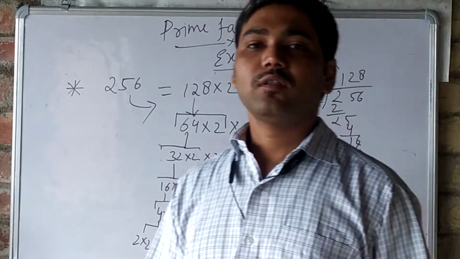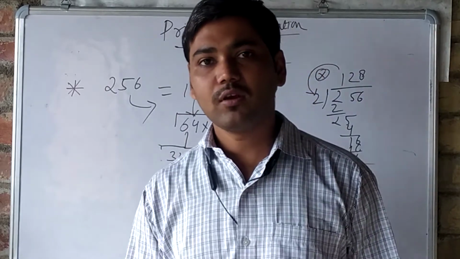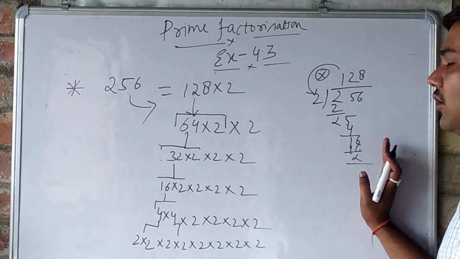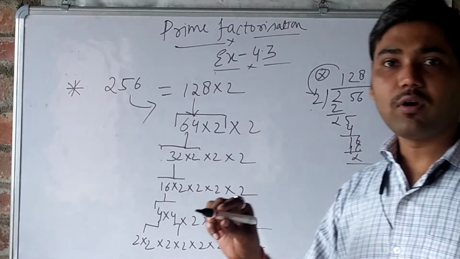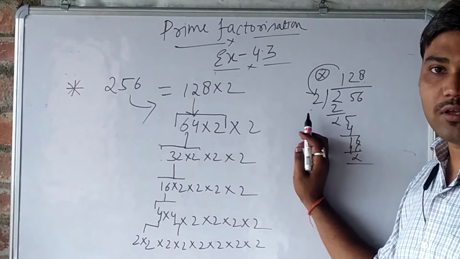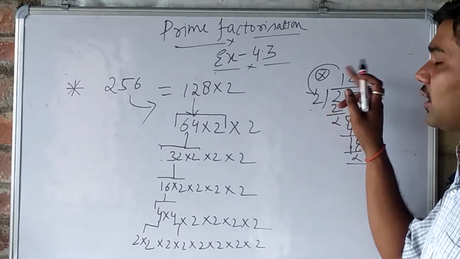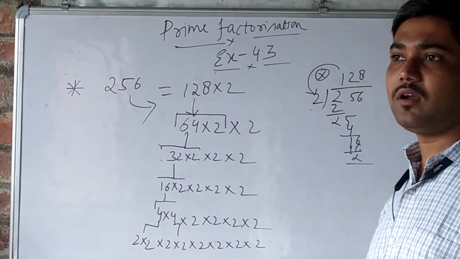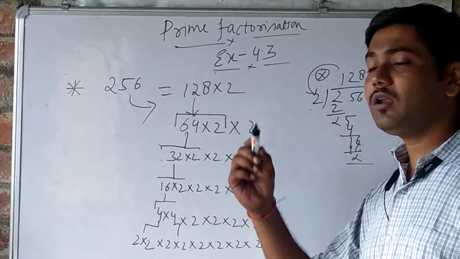If we do not know that the given value comes in which table, then what do we have to do? We have to simply divide it so that we get two values: one is the divisor and another is the quotient. Divisor means what we divide by, and it must be a prime number. The second is the quotient, meaning the answer that comes. We have studied all this in the previous chapter also. So 2 into 128 will give that.